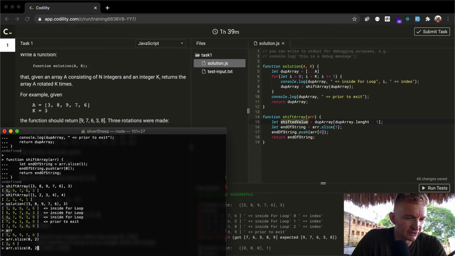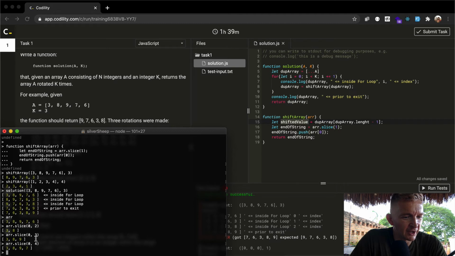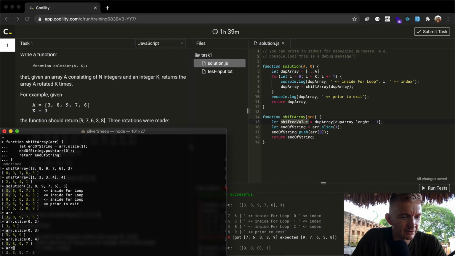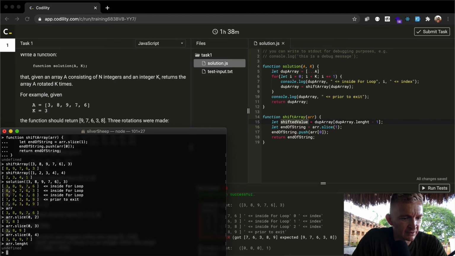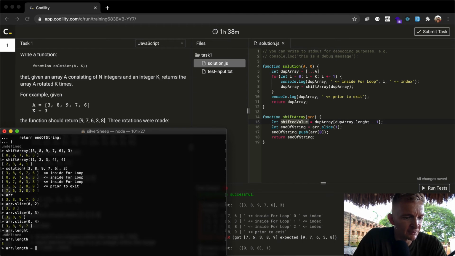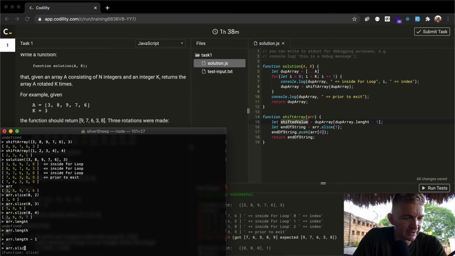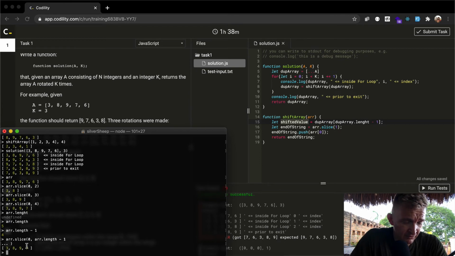So instead of saying 2, I think it's 3, right? No, we want to say 4. But we want to do this programmatically. So how do we get 4? Well, the array.length is 5, so array.length minus 1 is equal to 4. So we can say array.slice, and it's always going to be 0 to whatever, so array.length minus 1. And so that gets us